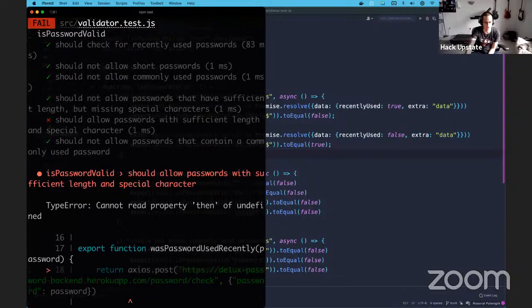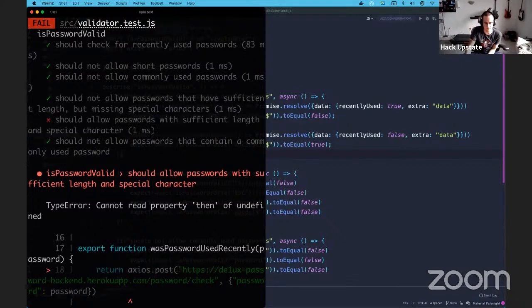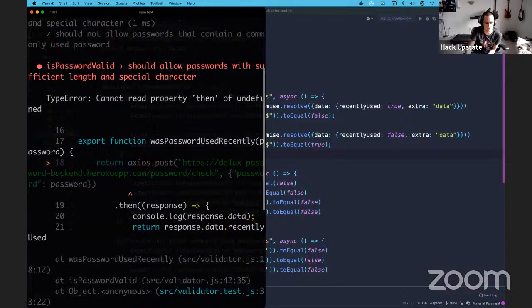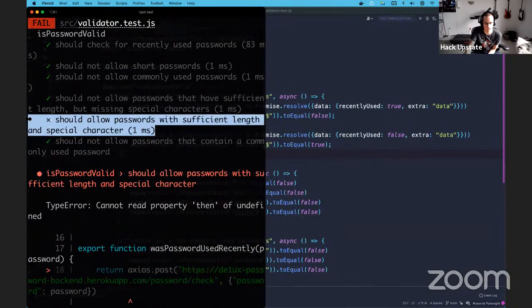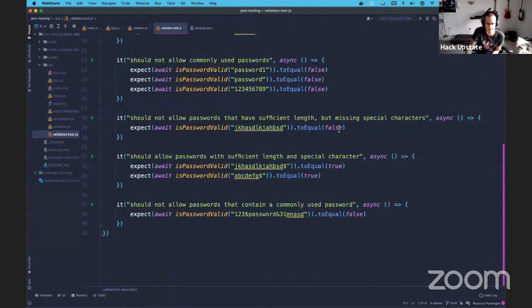All right, we've got a failure here. This failure is on the allow test, where we're testing if we give it a good password, it meets all the criteria, it should return true. But our test is failing because for some reason, it's returning false. Something to be aware of is if you mock a function, oh, I'm sorry, I'm jumping ahead. This is fine. The reason why this is failing is because this actually calls